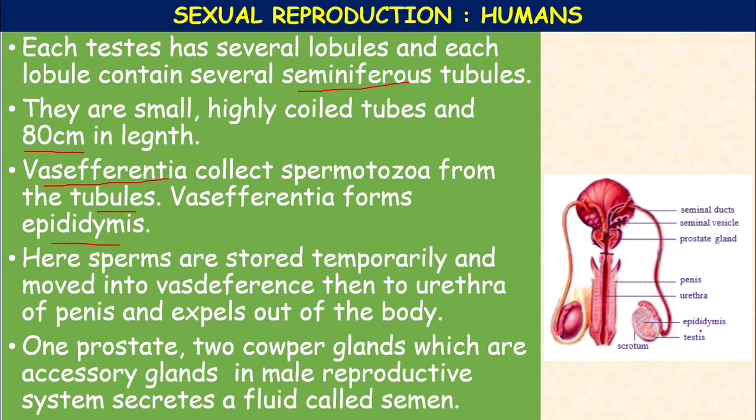Here you can see the epididymis. Epididymis are the ducts in which the spermatozoa are stored temporarily. Okay, so here in the epididymis, sperms are stored temporarily and moved into the next long duct called vas deferens. Okay, here in the